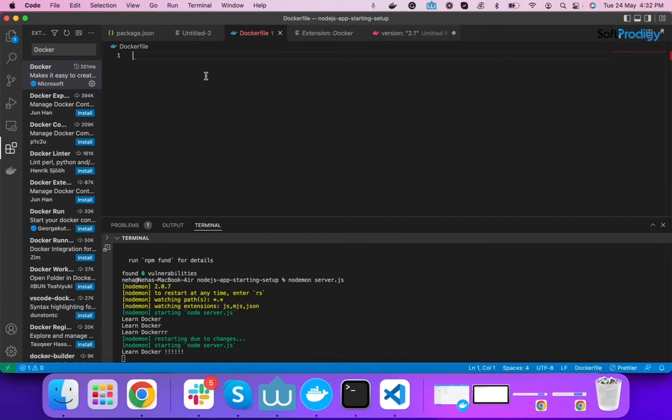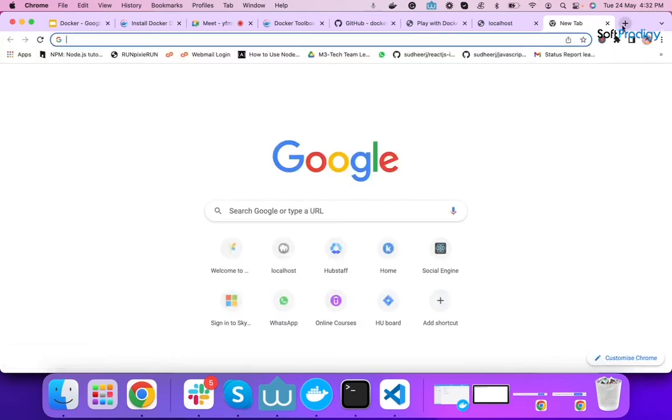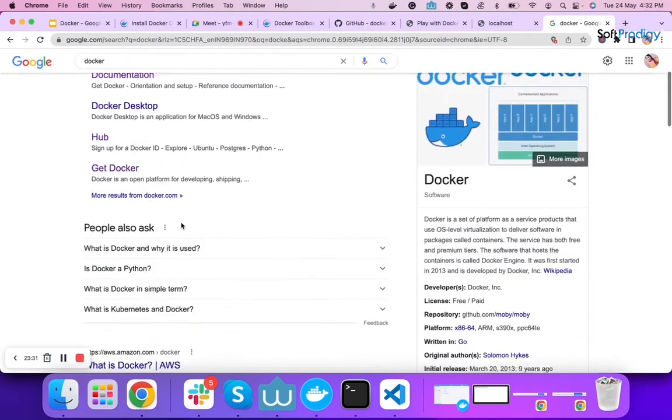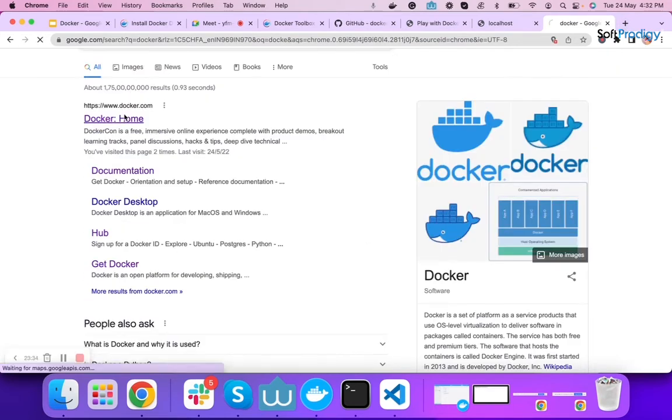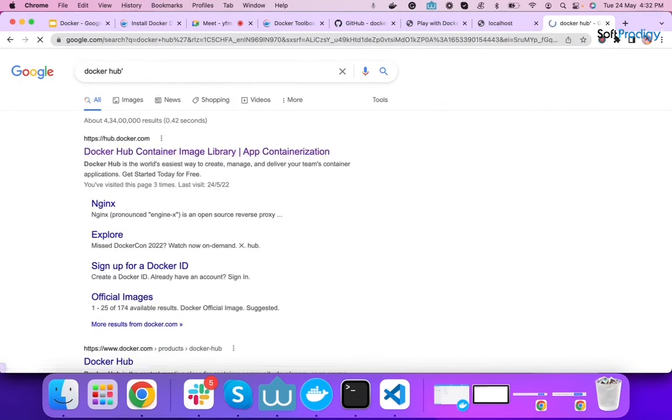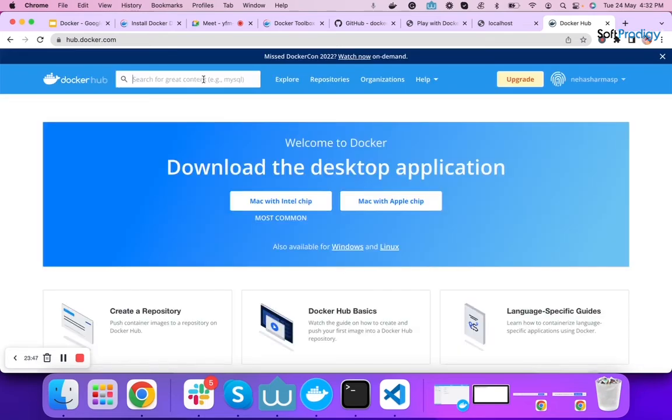A Dockerfile is the instruction to Docker to create an image. That's it. If we are going to create an image, we have to create a Dockerfile from the existing images. How? We can go to Docker Hub and search for a particular image.